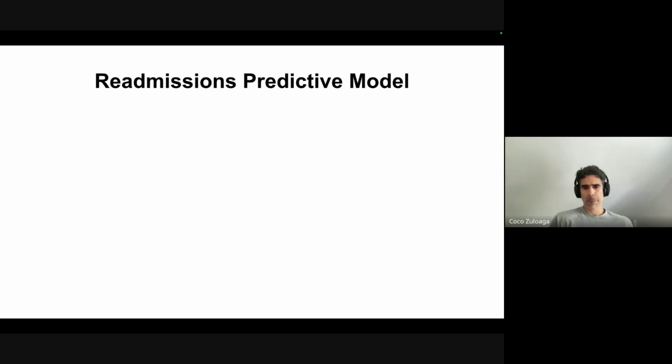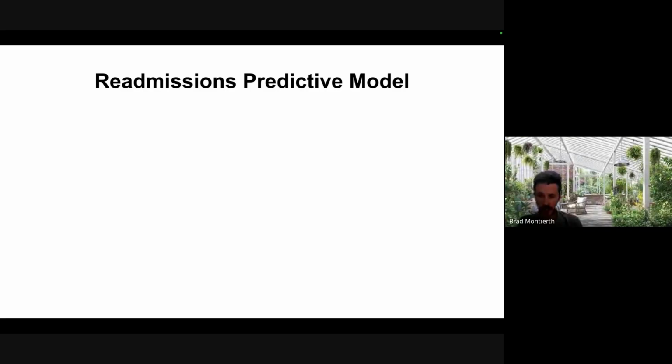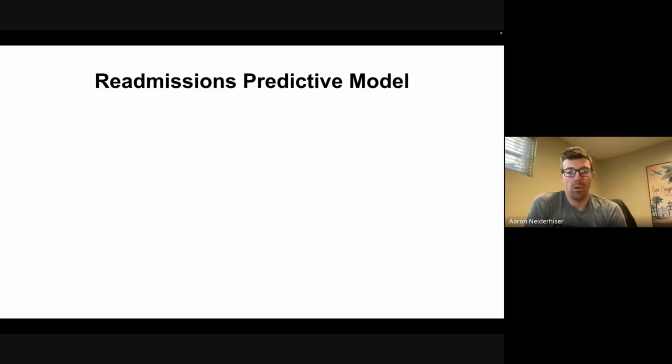Yeah, let's do it. So we had Naren ask if the benchmarking population is restricted to just Medicare patients. And for these initial models that we're releasing, these are just trained on the LDS data set that Coco has mentioned. But I believe we do have plans to release other models in the future. Yeah, I can add on to that, Brad. We're getting access to third-party data for commercial and Medicaid lines of business as well.